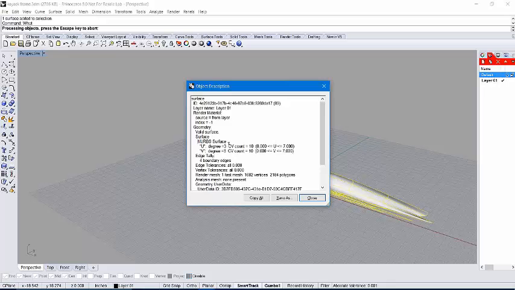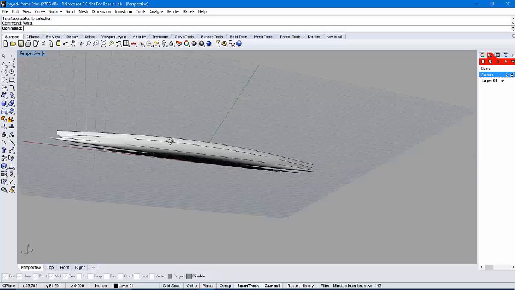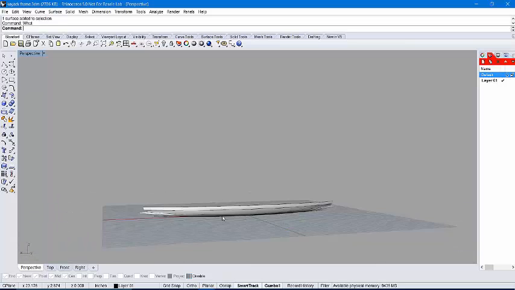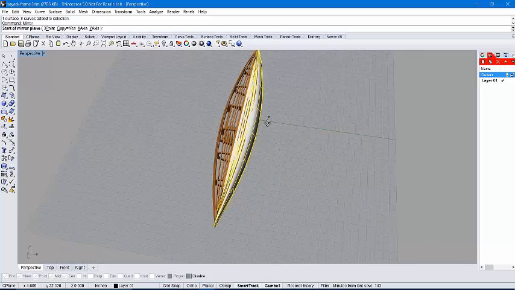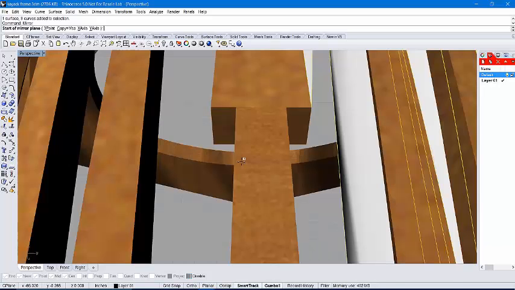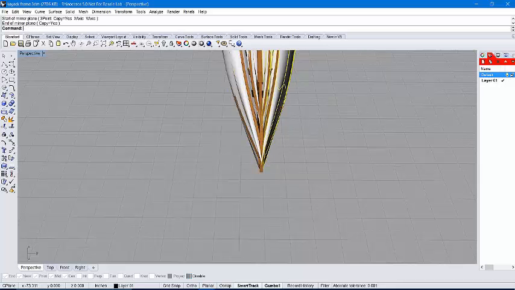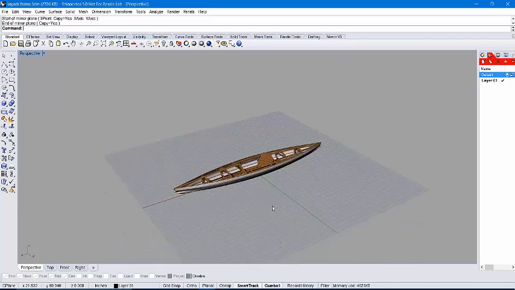So I now have half the kayak set up, and you can see that this is a good representation of the curvature of the kayak, since that's what it was made from. So now I'm just going to mirror this, and I'll turn my kayak back on to get my mirror plane. I want it right at the halfway of the kayak, which I know is going to be halfway through this keel. So we will take the mid, and we've now mirrored it through there. And now we have our guide curve and guide surface for all of these outer stringers. And we can go back to Scan&Solve now,